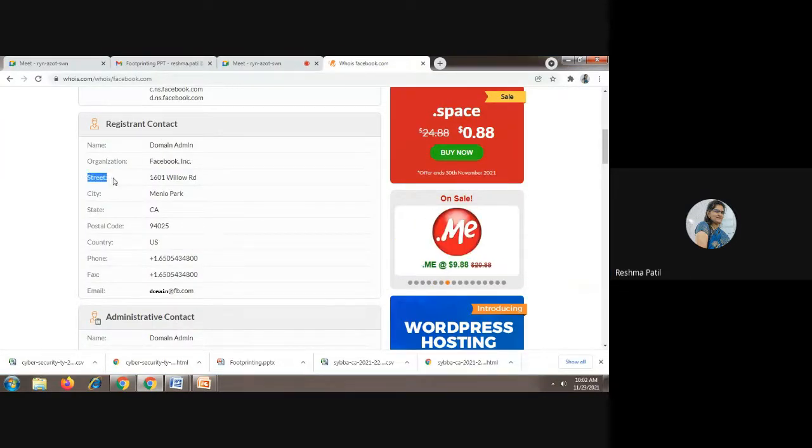Location of that organization, street, city, state, postal code, everything is given here, even mobile number, fax number, email address. Using this we can do fake, we can set our fake email ID and send such messages to other users. So that person will come to know that yes, it is coming from fb.com, facebook.com. So it is a legal email ID of facebook.com. We can use this email ID.